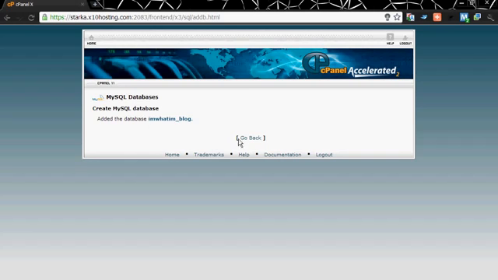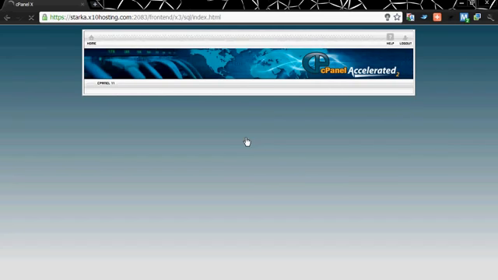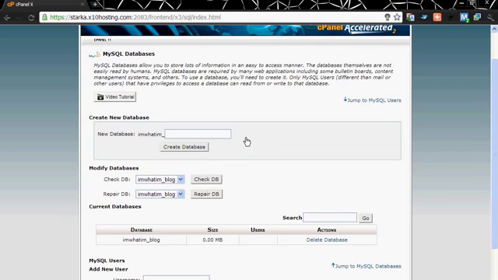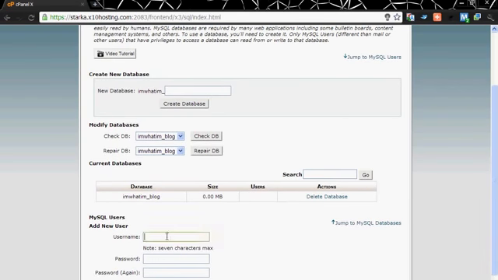Now you need to create a username to access the database. Let's create a new user, Royal. Keep a password. Let's keep it test123. Now click on create user.